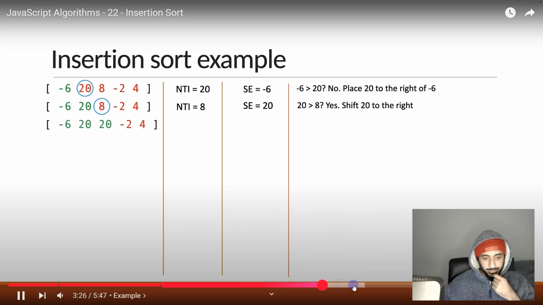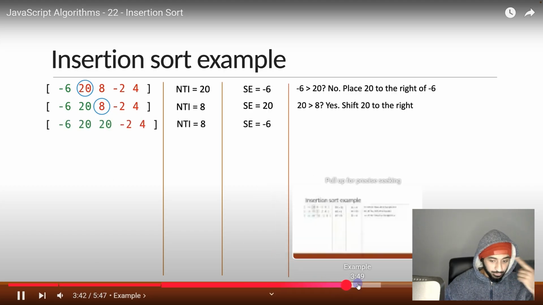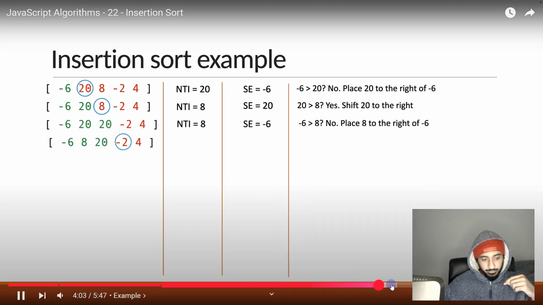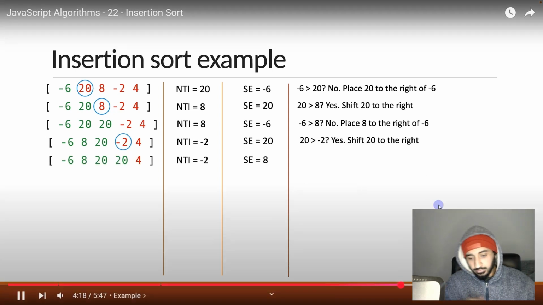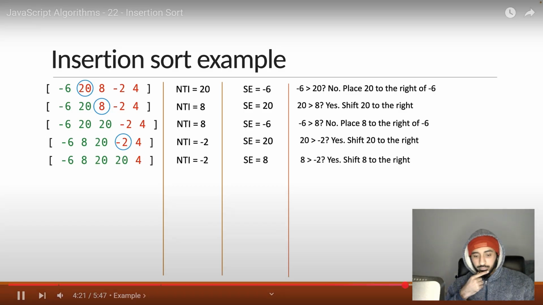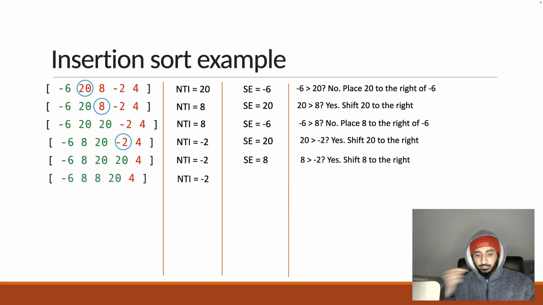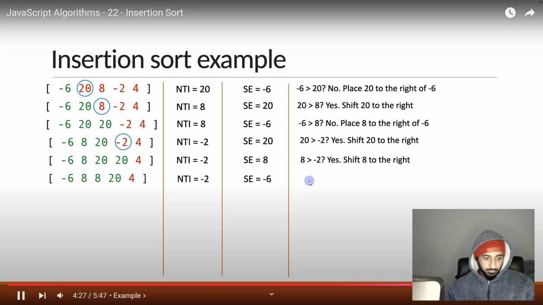I've already seen this example, The next and I'm sorted just element thinking is how I minus can do 6. this in code. Is minus 2. So shift to the right. Next is 8 greater than minus 2. Yes, so shift to the right. Next is minus 6 greater than minus 2. No, so place minus